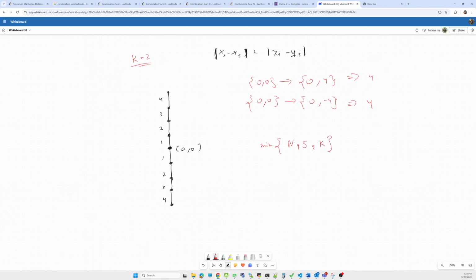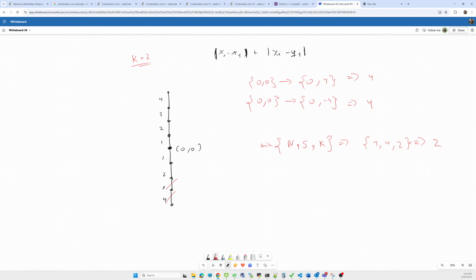Why take the minimum of all these three? Because we have to change only the minimum amount. So the minimum of 4 comma 4 comma 2 will be 2. Let's say we'll remove 2, making 2 south equal to north.